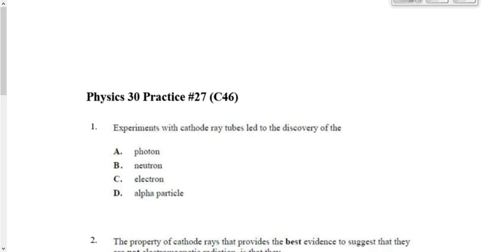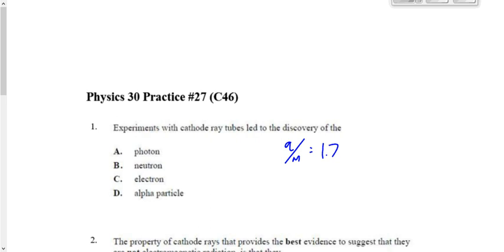We're going to take a look at practice question set number 27 here now, starting with question number 1. It says experiments with cathode ray tubes led to the discovery of the, we should be able to nail this one, right? Electrons, yeah. Remember that Thomson, when he did his experiment, he measured the charge to mass ratio of the